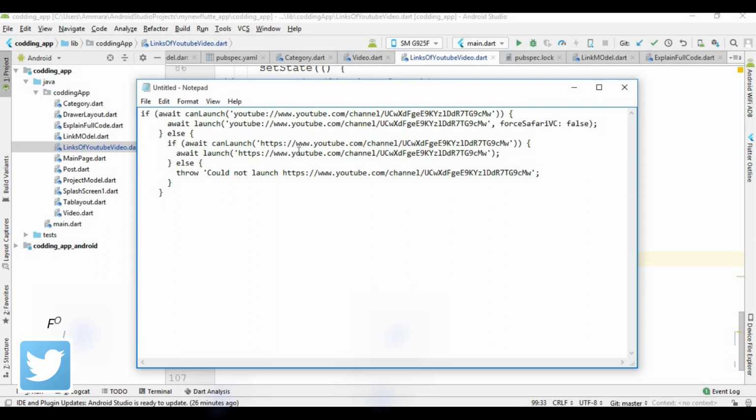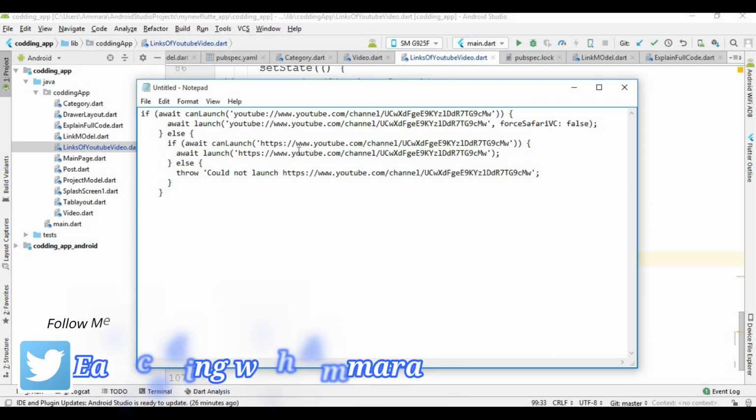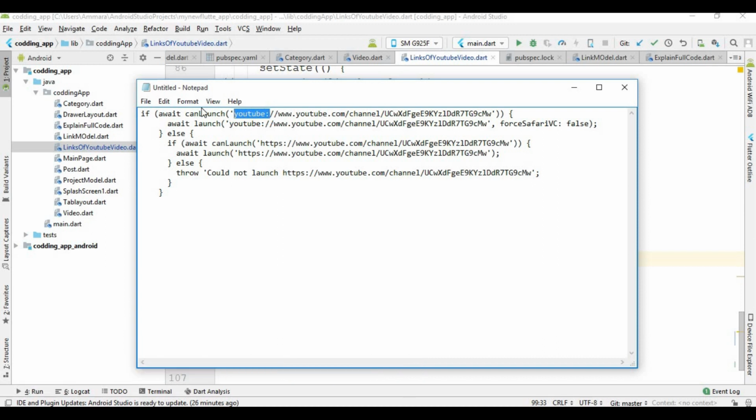Okay, so if you want to open this app on an iOS mobile, you have to check both of these conditions. So the first condition is with the link, but in this case it is with YouTube. And if the app opens YouTube with this link, you can see that there is no need for this code.